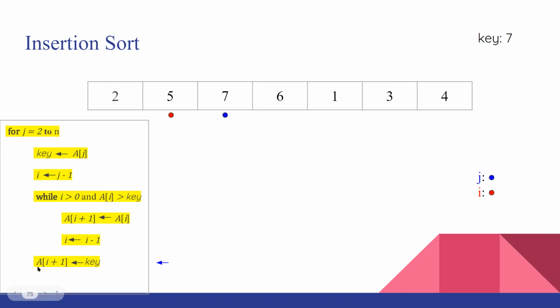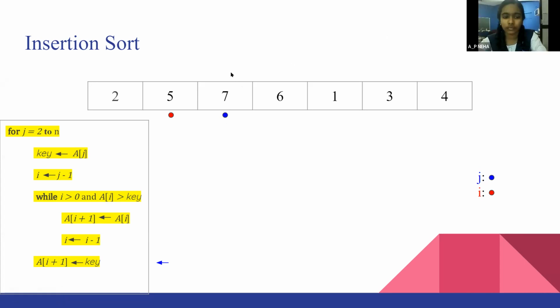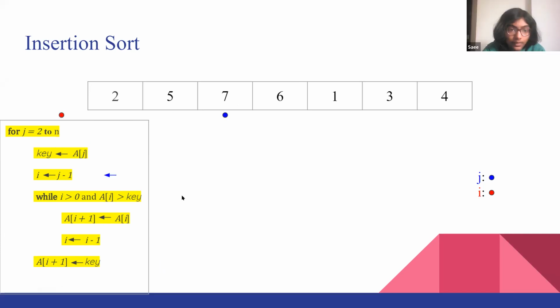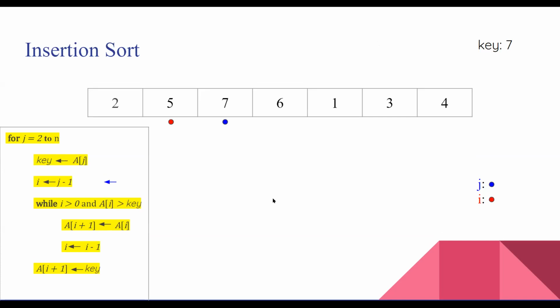And what will we do? We'll set the I plus 1th value, which is this value, to the key. But it is already the key, so we don't really need to do anything. Okay, Harshali, just don't worry. Yes, we will go through it again. Which part do you want me to explain again? Can you start it from the starting in a short way? Okay, so from here, 1 second. From here,